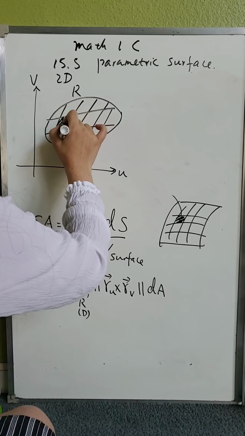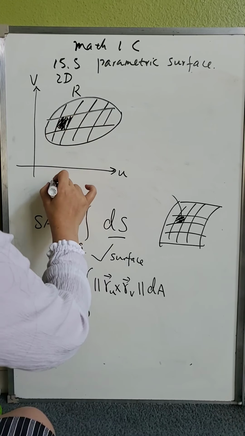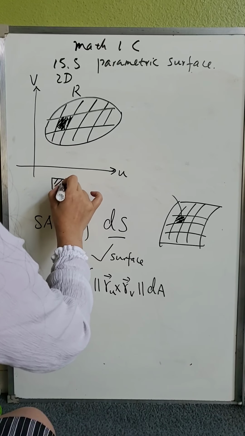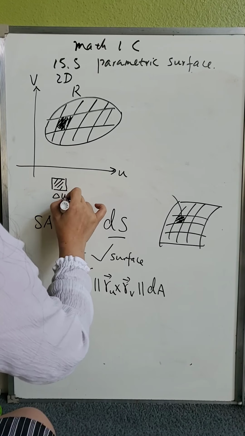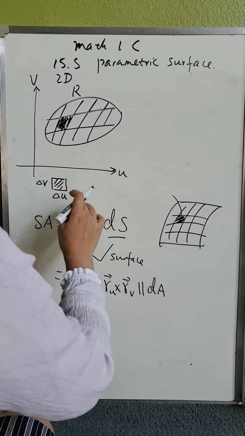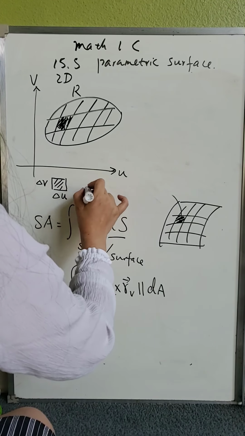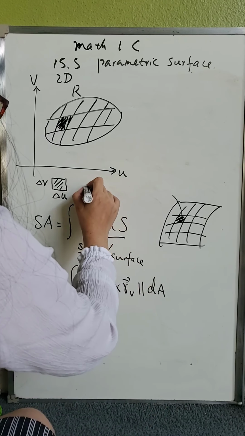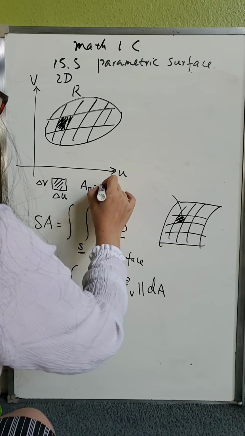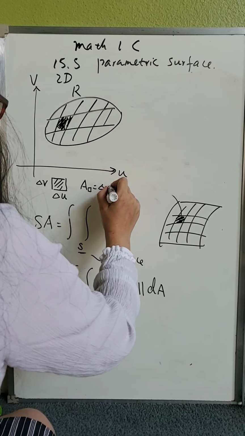And then I take one of them out. Okay, one of these little ones out here. So let's say this one is this. So this is delta U and delta V. Okay, so the area for this little rectangle is equal to delta U